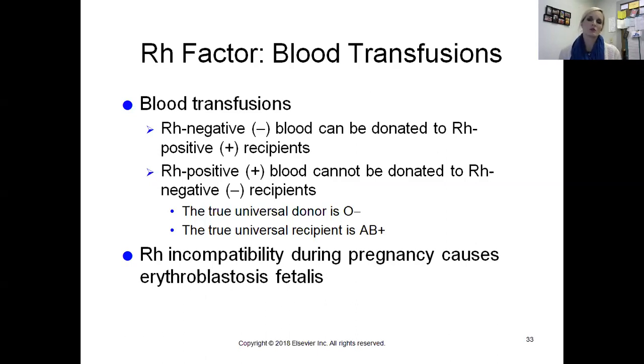So same thing goes for, as we talked about with the A and B system, that's very important in blood transfusions. People with type negative blood don't recognize the Rh factor, and therefore they cannot receive positive blood because they see that as something that is considered foreign. So Rh negative blood can be donated to Rh positive recipients, because in the event that somebody who is,